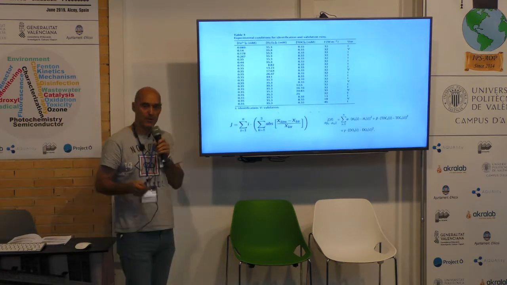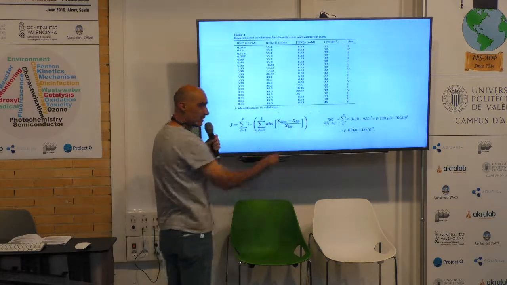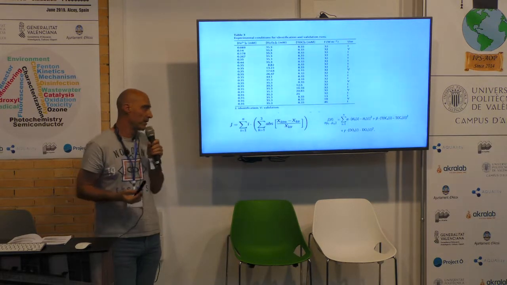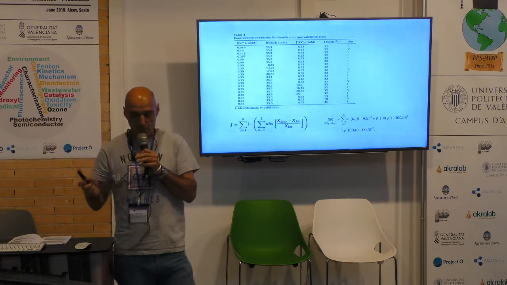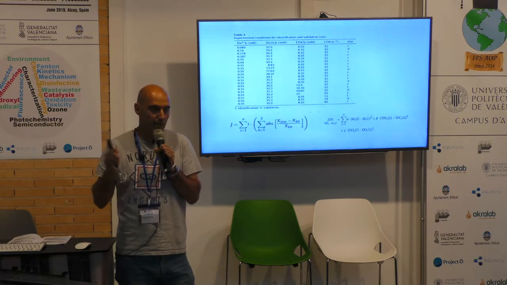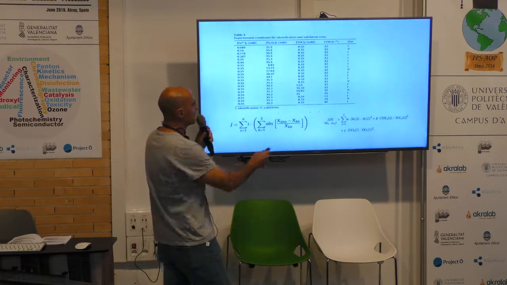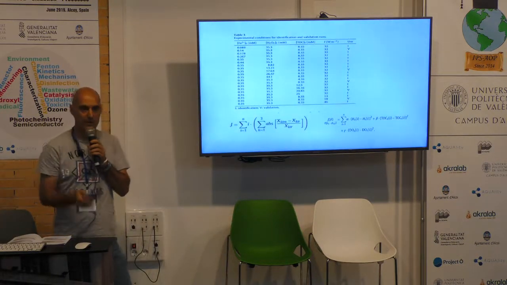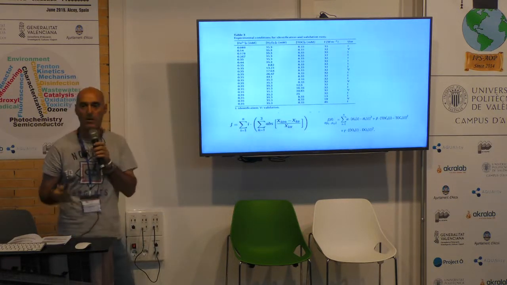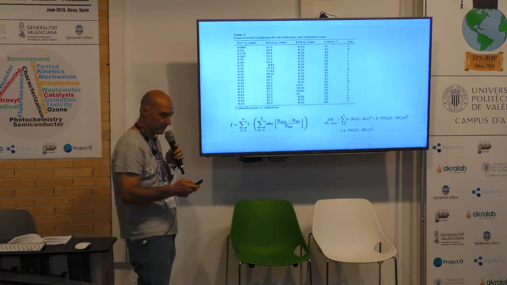And here, for example, this is my objective function. You see there is no square. So you can use a function that accumulates the error and doesn't cancel positive and negative. And also you have to identify which is your data for getting the parameters, and which is your data to get the validation.